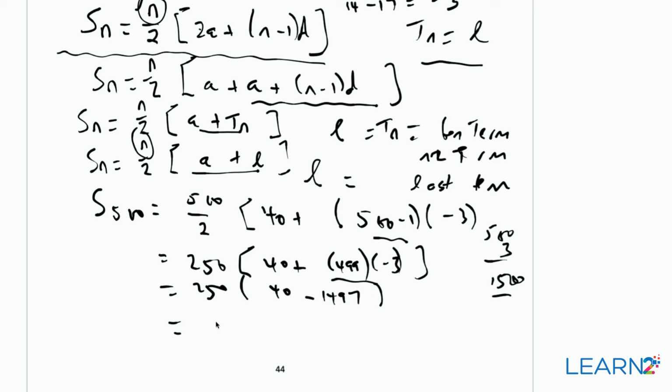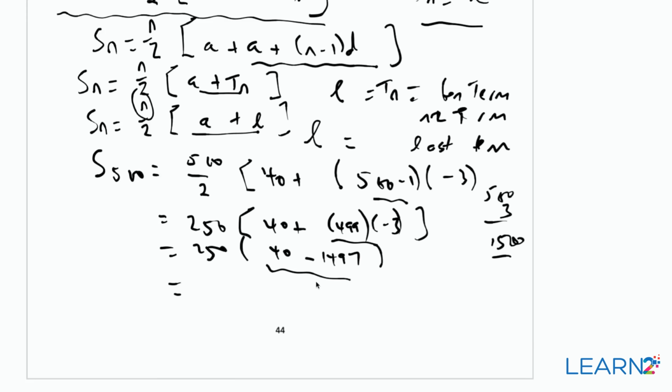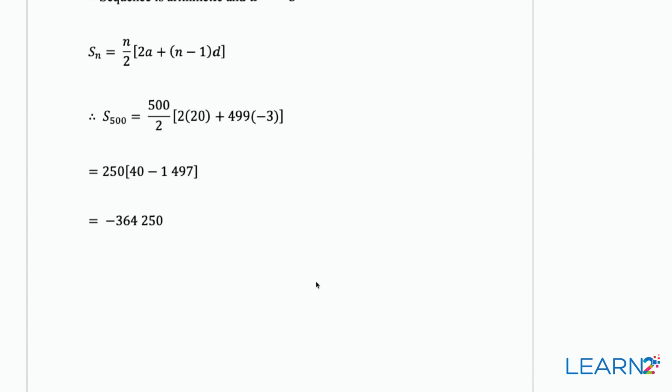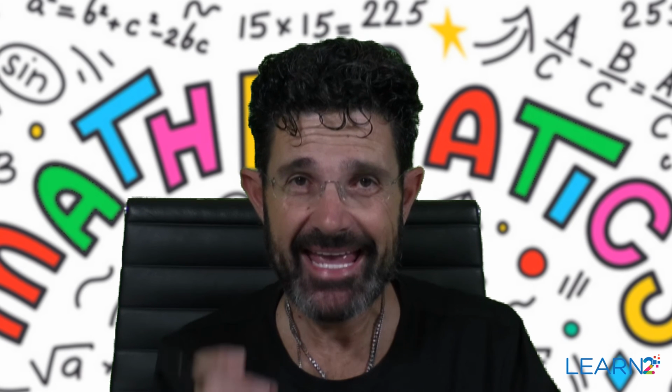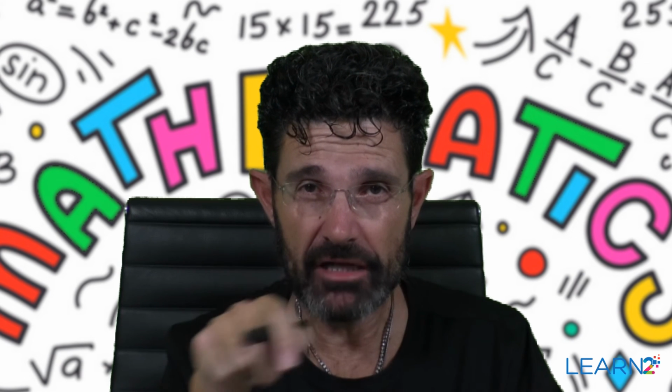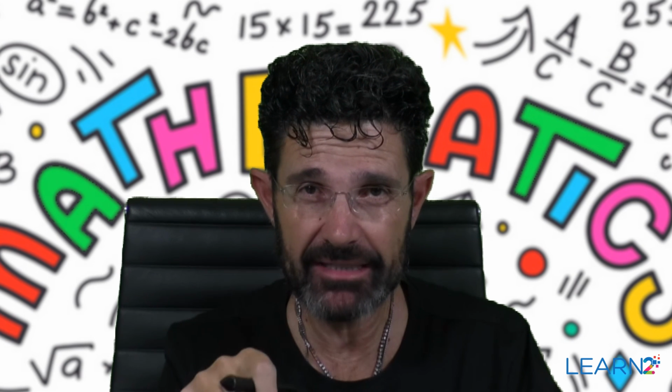Now you can definitely use your calculator: 250 times 40 minus 1497. Let's go and double check we've got this all correct. We do. And on your calculator, you'll get the answer of minus 364,250. So S_n, the sum of a sequence, equals n over 2, multiplied by 2a plus bracket n minus